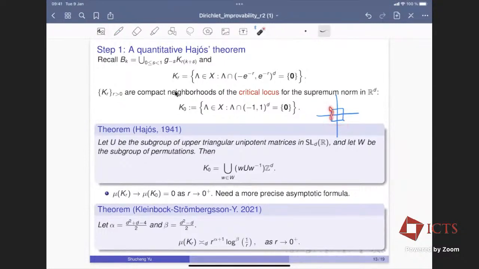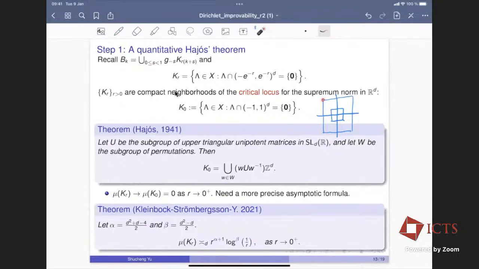And then if you have a small cube, it's relatively easy for a lattice to have no non-zero points inside it. So it's easy for a lattice to avoid this small cube. So you would have a lot of lattices satisfying this condition. But as you enlarge your cube, it will become more and more difficult for your lattice to avoid this cube, and